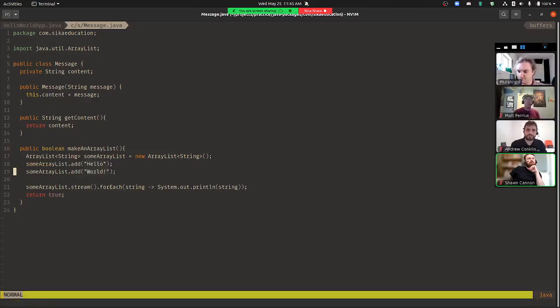A hash map you put. That's like the equivalent of an object in JavaScript. So then we add those things into the array list. We turn the array list into a stream, which allows us to call functional style methods.